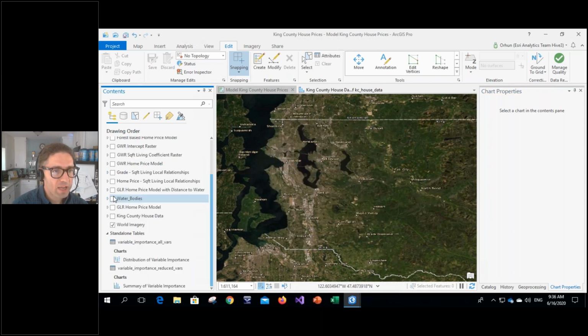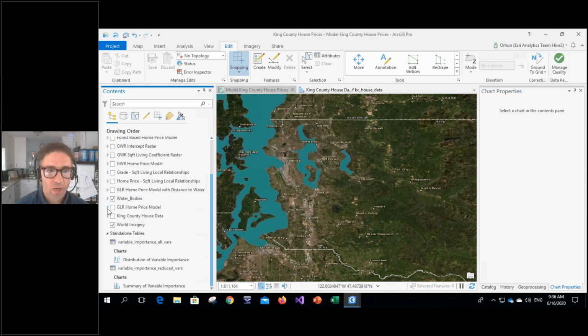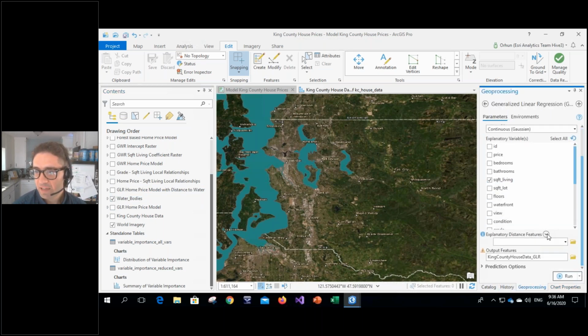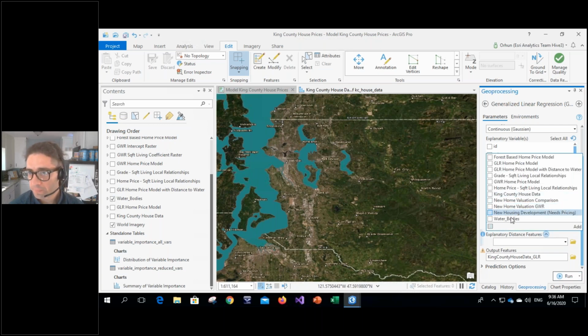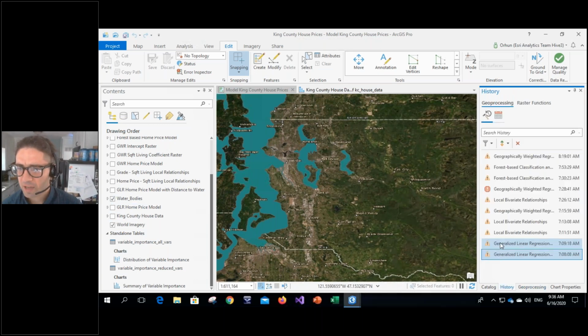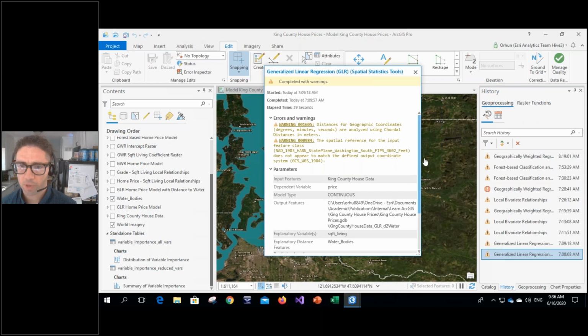Well, I have a feature class for water bodies. How can I incorporate this into my analysis? Well, as a next step, I can add this particular feature class as a distance feature. And this tool will automatically calculate distances of every home to the nearest water body and use it as a predictor variable, as a second predictor. And when I look at the regression diagnostics for this new model,